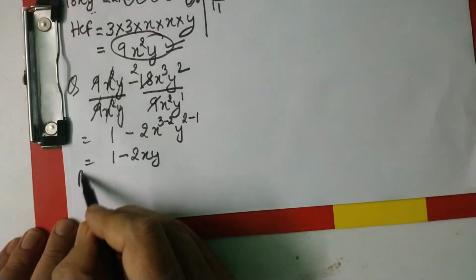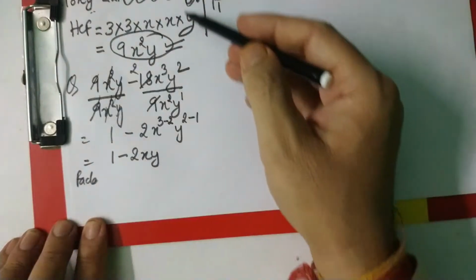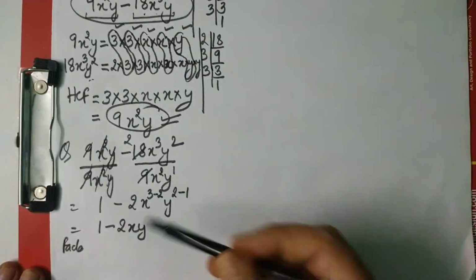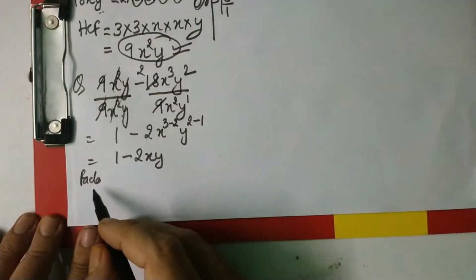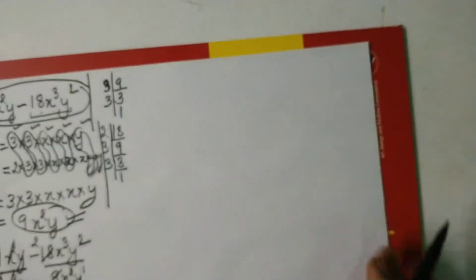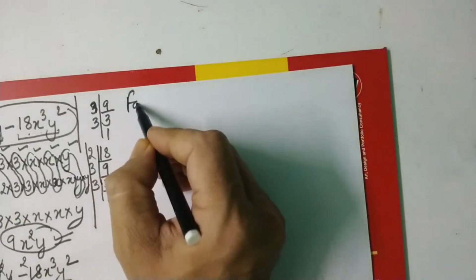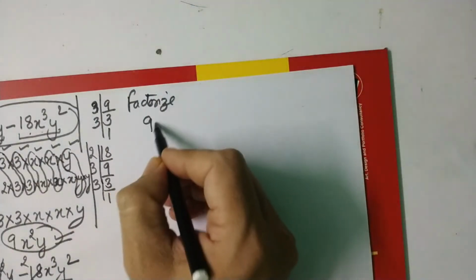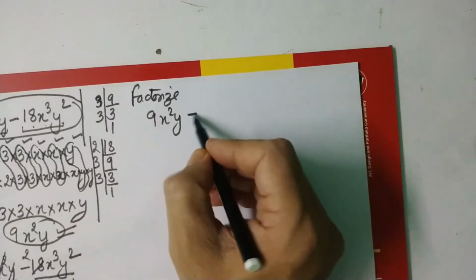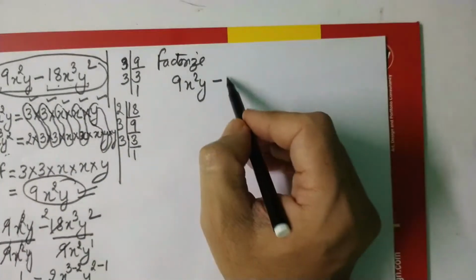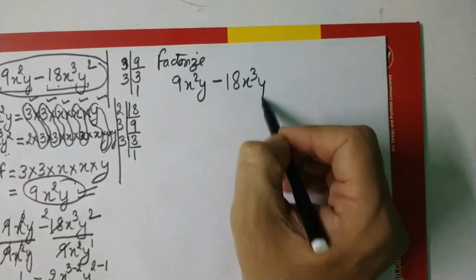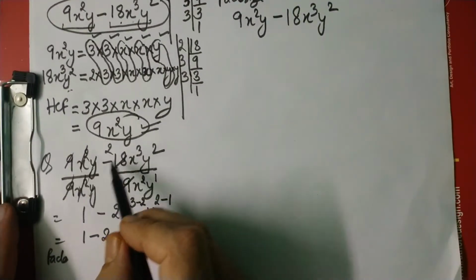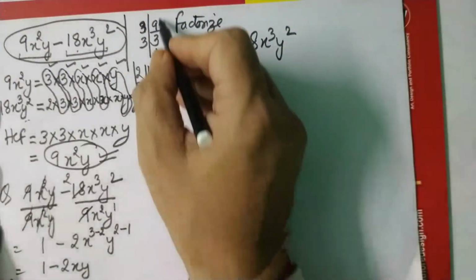Now when you are told to factorize, we don't show all these steps. We directly solve. And now I am writing the question here. So the question is: factorize 9x square y minus 18x cube y square. So what I will do, I will find the HCF which I have found, and the HCF